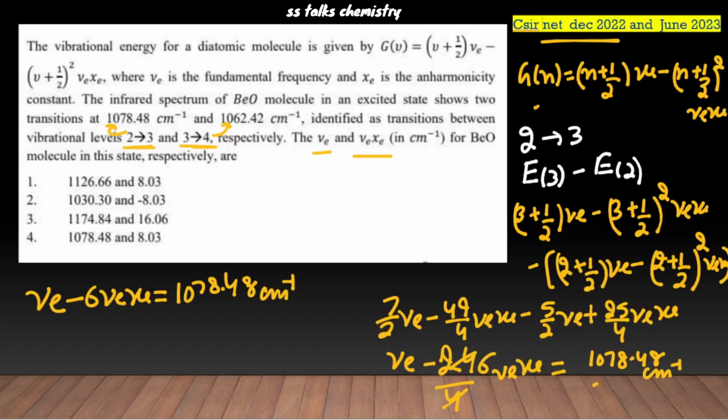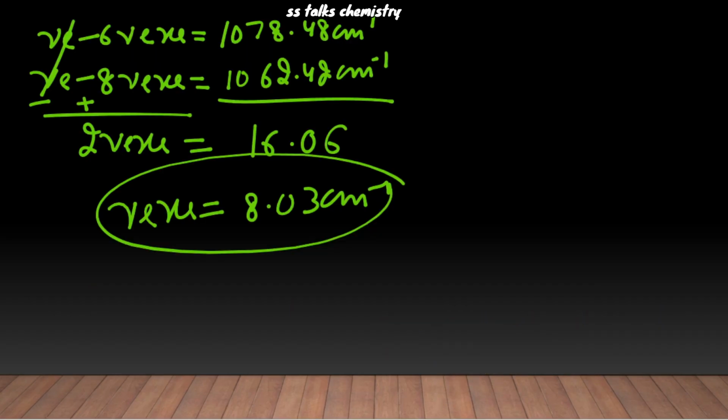Now from the options, nu e into xe 8.03 I can see in this option, and from this value the second and third will be eliminated. Now for the nu e value, by substituting nu e into xe in any of the above equations we can find it. Nu e minus 6 times 8.03,